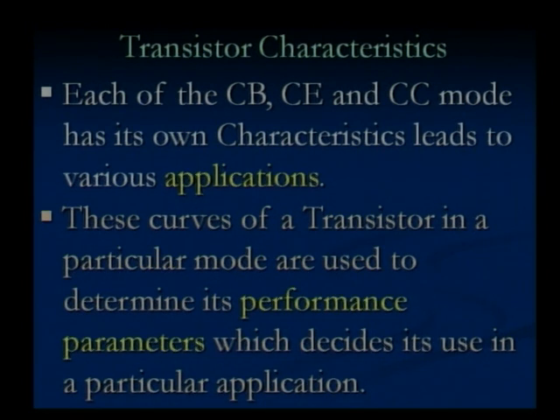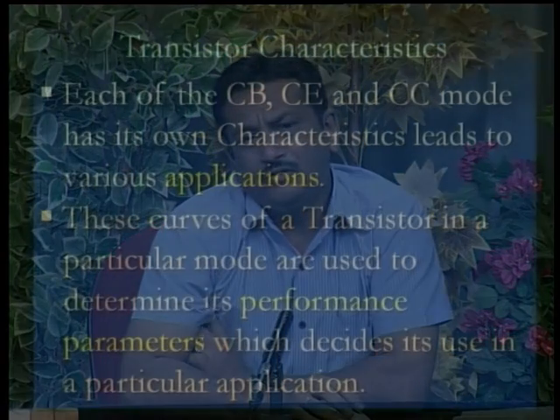They are used to study the performance parameters. The performance parameters are just like our body's physical parameters, which decide our applicability for a particular event, maybe. Everybody has their own identifying points. Likewise, transistors are recognized or identified via their parameters, and these parameters can be determined from the transistor characteristics. So characteristics lead to the knowledge of the parameters, and these parameters later on decide which kind of application a particular transistor in a particular mode can have. So we need to find out the parameters.